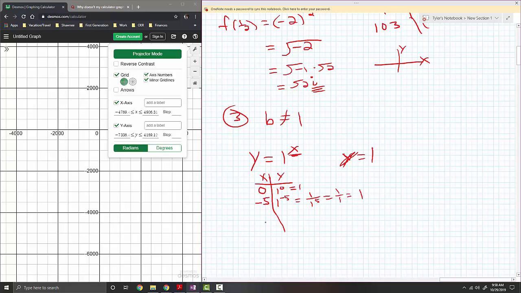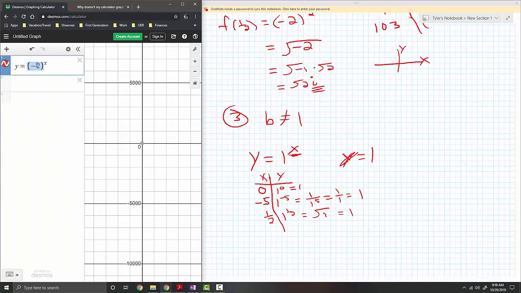So we get 1 back. If I plug in a fraction, like let's say 1/2, this would be 1 to the 1/2 power, which would be the same thing as square root of 1, which is 1, right? So it looks like, no matter what number I plug in for x, I get just 1 back as an output, right? So we could try to graph that really quick in Desmos and see